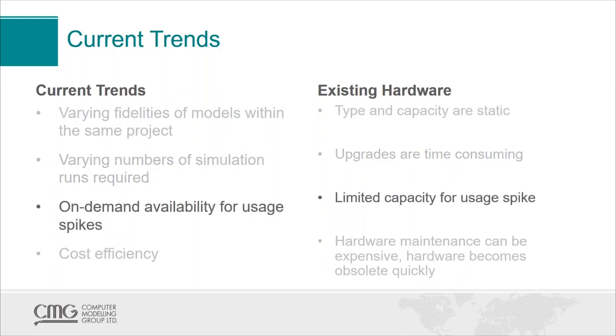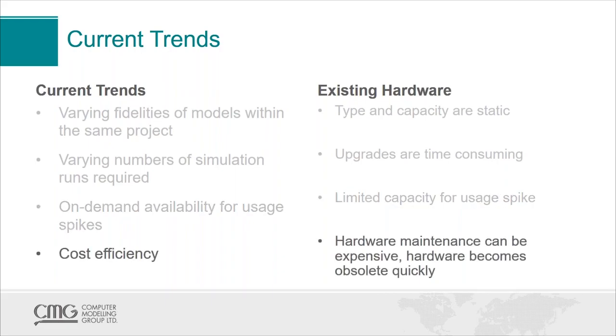What about on-demand availability? What we see with our clients is that there is some limited capacity for on-demand and for user spikes. A lot of companies have to balance the line between paying for excess capacity, but also paying for idle hardware when not being used. So what we typically see is around a 5 to 10% excess capacity. So that is there, that's available. But if you need double the number of computers or triple the number of computers, that typically is not feasible with the way things are set up right now.